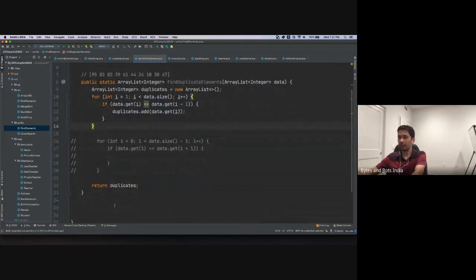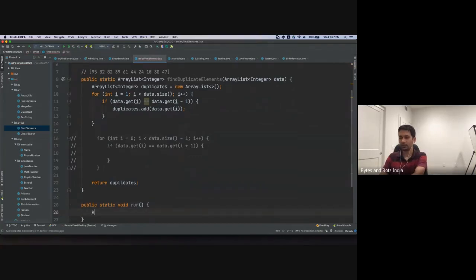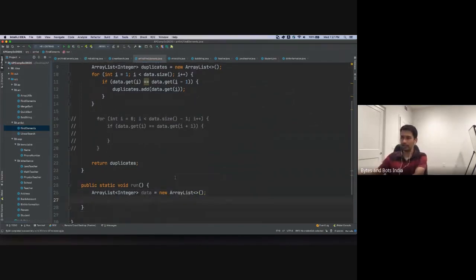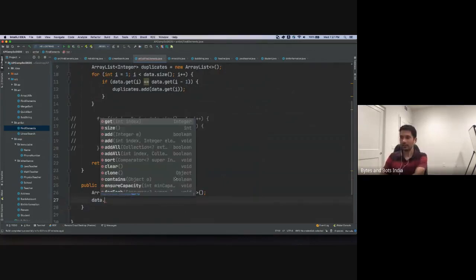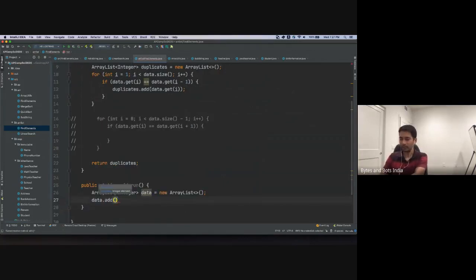Now let's write a small program which tests our implementation. So we'll say public static void run, and we create an array list of all integers. List of Integer data is equal to new ArrayList, right? So we create a new array list and then we add elements to it. So let's add the elements: data.add(95), data.add(82),